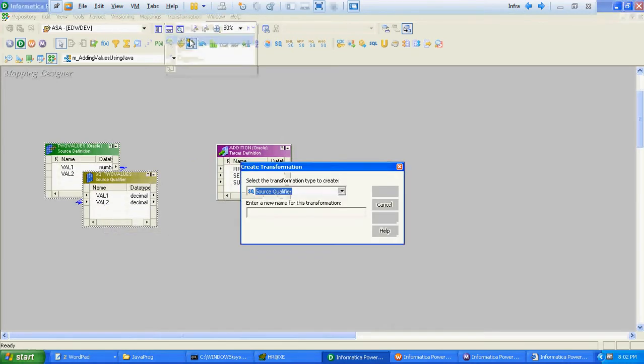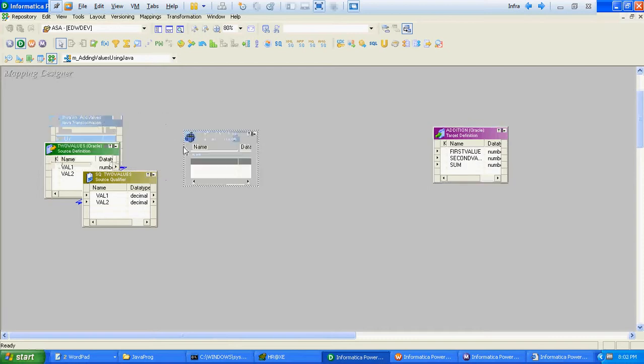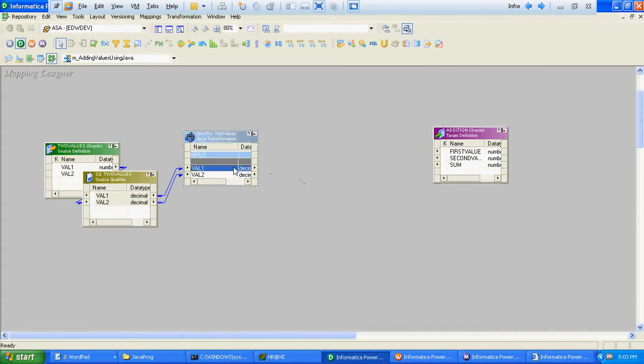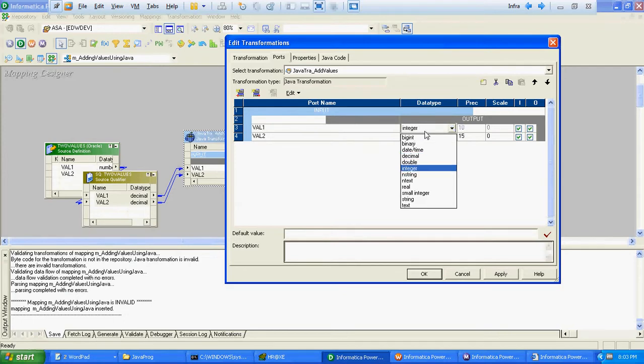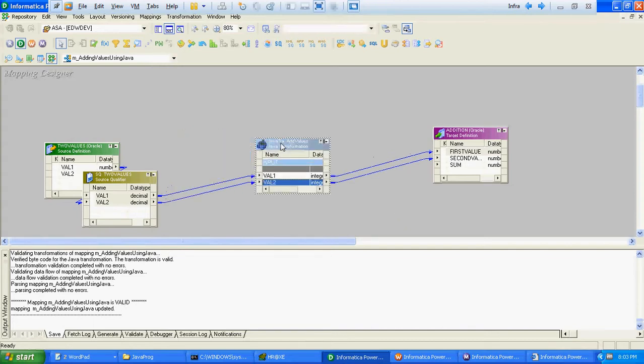Add Java transformation in between. We will change data type from decimal to integer. We haven't added any kind of Java code as of now.